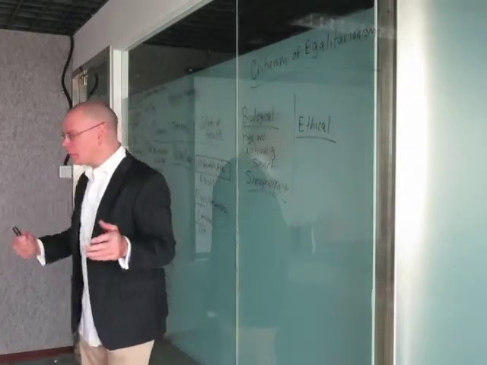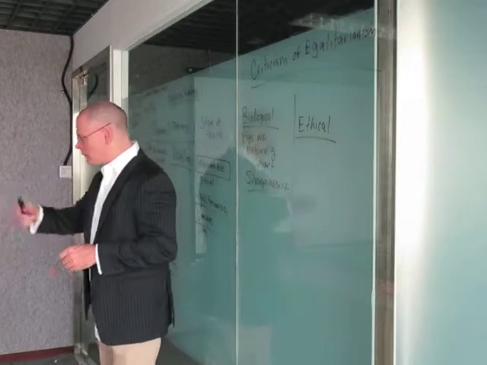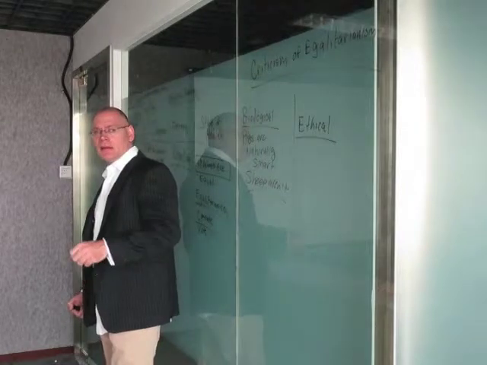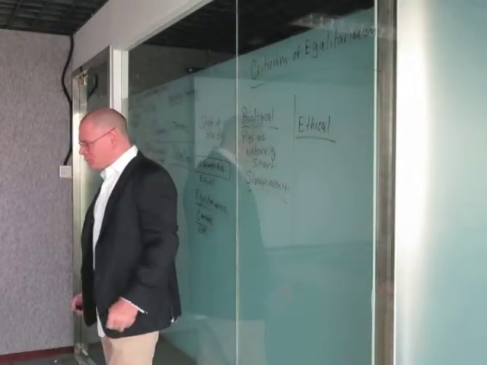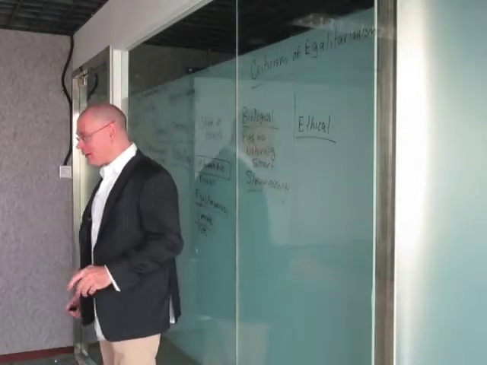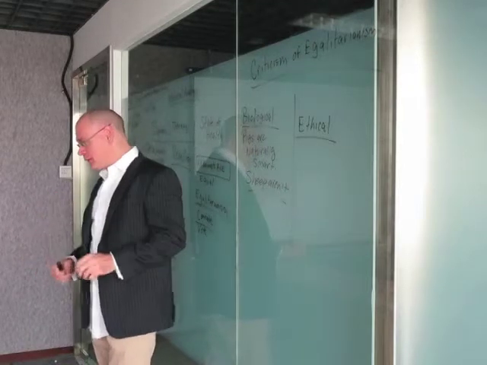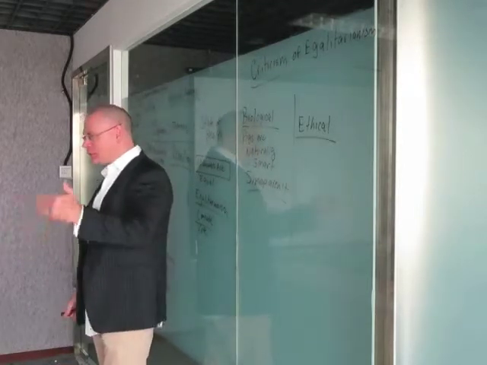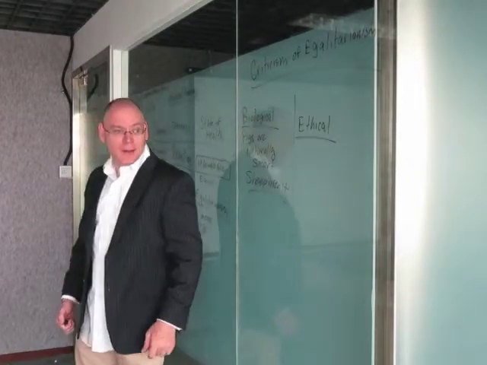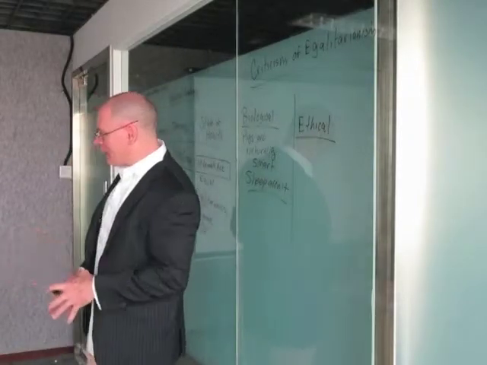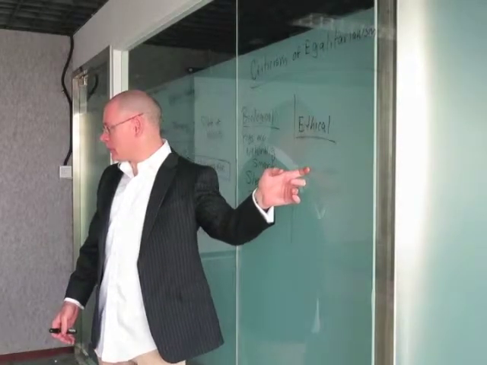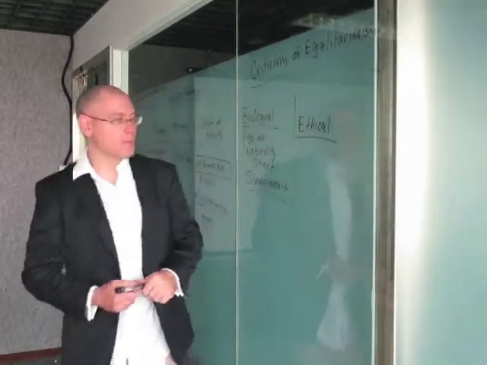No. So think about this. Me, Jeff, and one of your family members, Jeff, are on an island. And that island can only sustain two people. Who's going to get voted off that island? The stranger. There's no question about it. Because if it hadn't been that way in prehistory, you wouldn't be sitting in this room now. If your ancestors had a preference for strangers, you'd be dead. Your genes wouldn't have survived. So we have this sort of hardwired preference for family members over strangers.